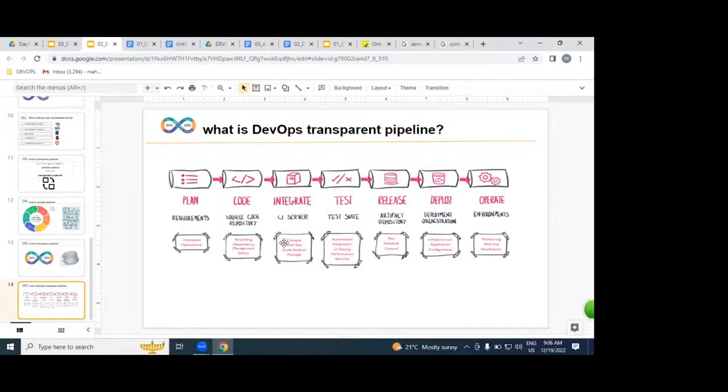Is it clear to all of you? So we understood what DevOps is, which tools we are going to use, and where exactly each tool fits. Clear or not? What is DevOps? If anybody asks you, what is the single line answer? DevOps is an automated process implemented from dev environment to operation to make it speedy, meaning shortest time, increase the quality, decrease the cost. This is only one sentence.